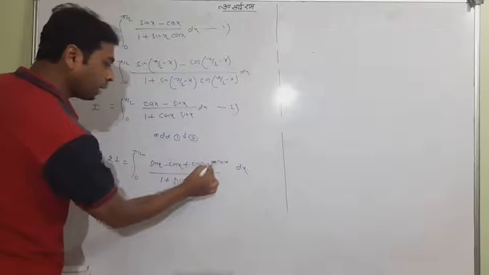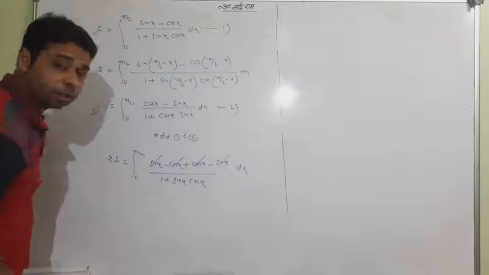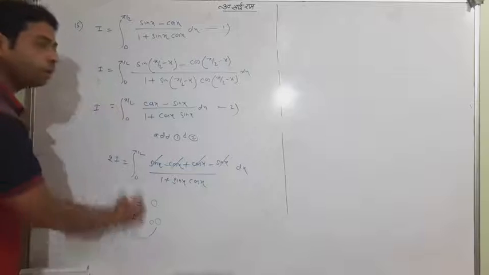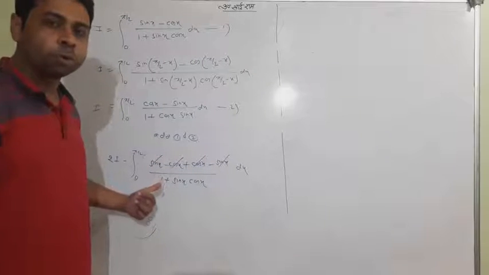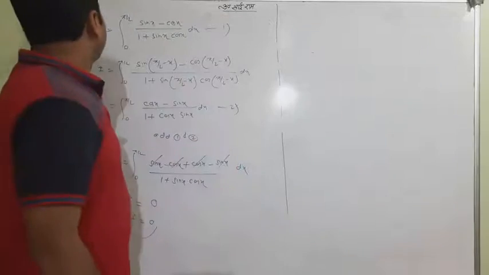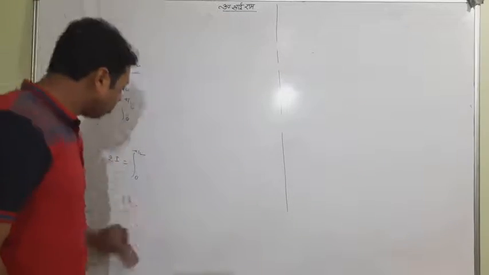Now cos and cos will cancel, and sin will cancel. So what a good answer we are having, only 0. So I will be 0. It's the first time it is coming, but it is good. And I think you have got it. So easy it was. Okay, let me wrap this question. Let me put some more questions.